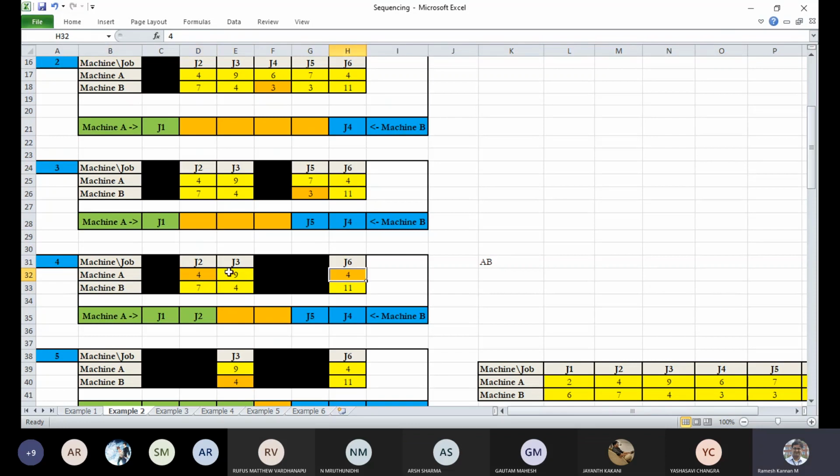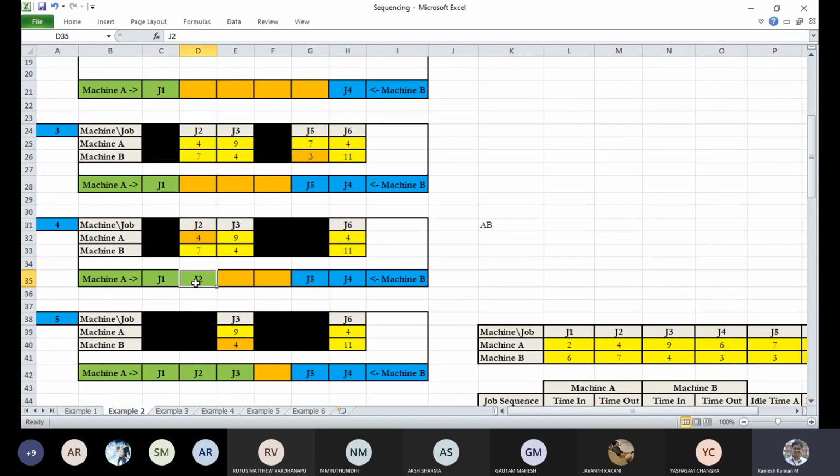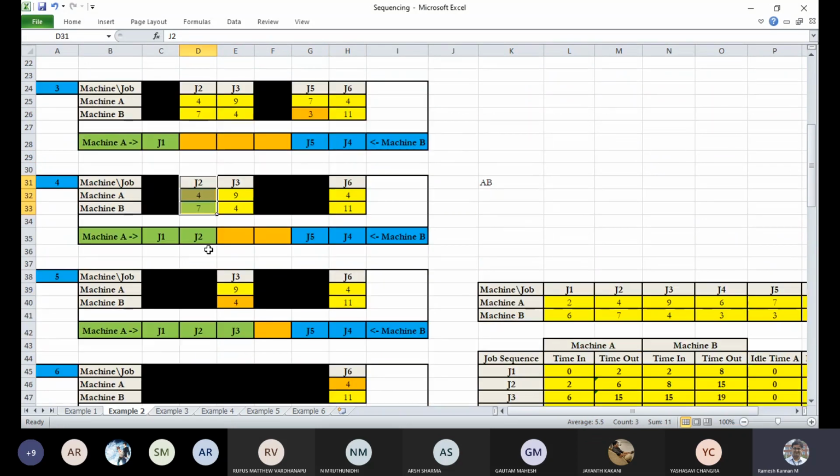Otherwise, it is probably the same, right? Then among the machines, you have to choose a minimum that comes in the initial stages of the jobs. For example, among the existing jobs J2, J3, and J6, J2 comes first, so we will allocate that to machine A. We will discard this particular 4. That's what it basically means, right? That's why we have allocated J2 here rather than J3 for machine B or J6 for machine A. Once we do that, we can eliminate this particular job 2. Then we'll be left with only J3,